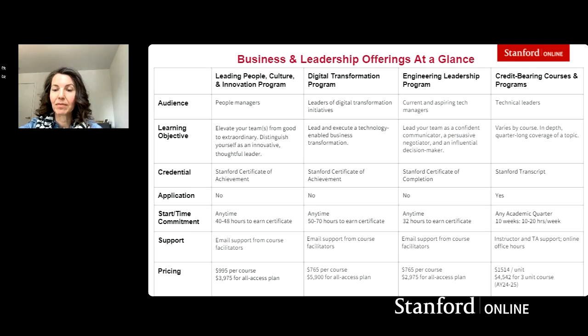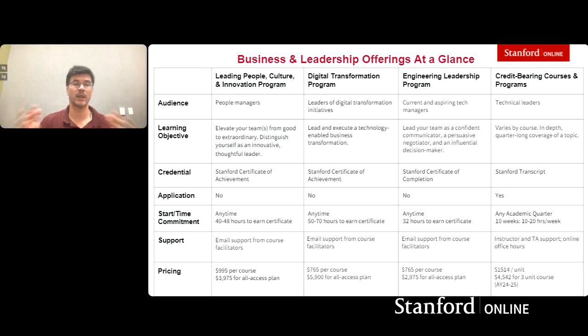Robin, I'm going to jump in, and we have a question about who can take some of these courses. For the professional programs, there's no application. If you're an undergraduate student trying to get ready to go out into the workforce, any of these professional programs could be a good fit for you. On the credit-bearing side, you do need to have a conferred bachelor's degree because these are graduate-level courses. You would already have to have a conferred bachelor's degree, not I'm graduating in June. You need to already have it.